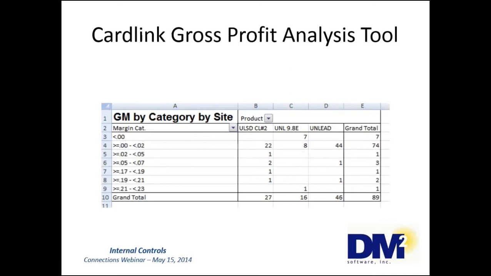The Cardlink Gross Profit Analysis tool is the single most important thing you can do in your Cardlink billing cycle. It will help you identify incorrect pricing setups, prices that can be adjusted before invoicing, and it could tell you a larger global markup on your remote locations may be required. In the beginning, we recommend that you run this every time you process a transaction file. It will be invaluable in making sure that the pricing setups are correct. At the very least, you should run it before you print your invoices.